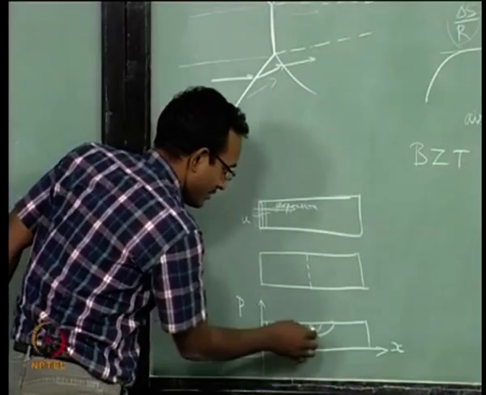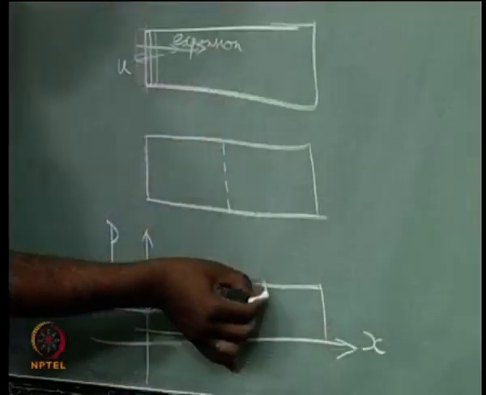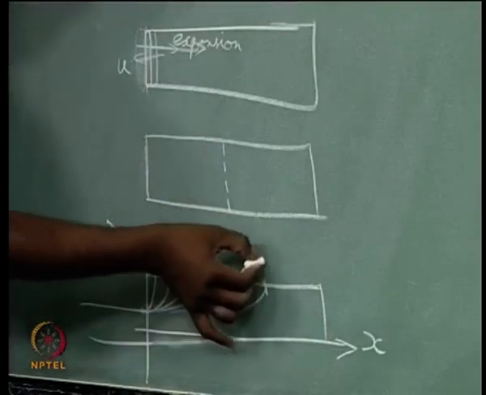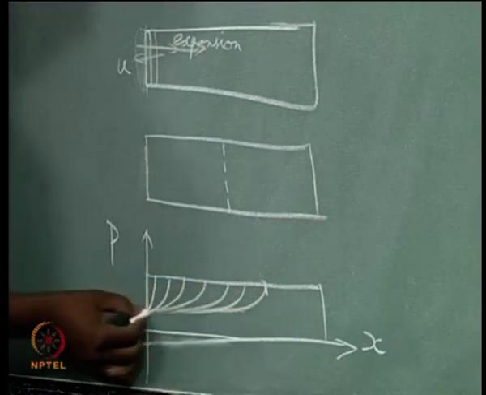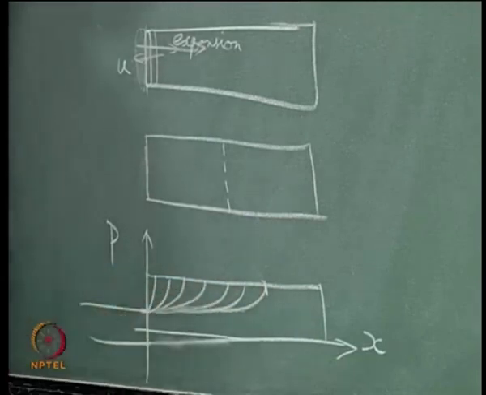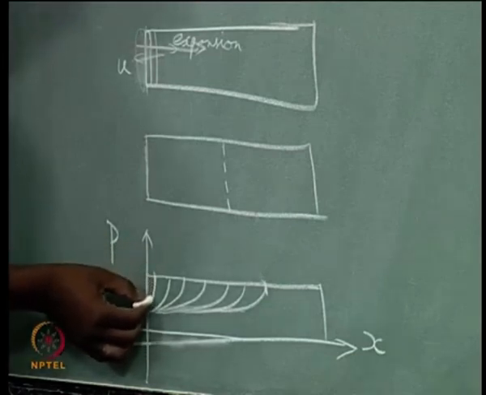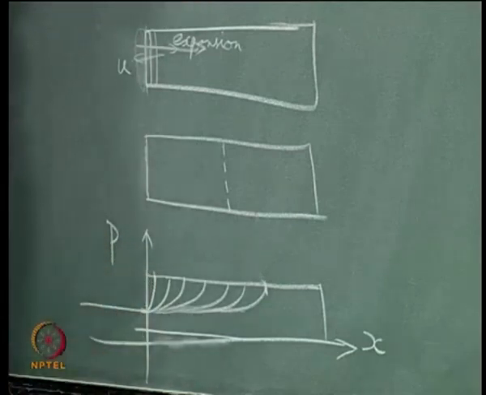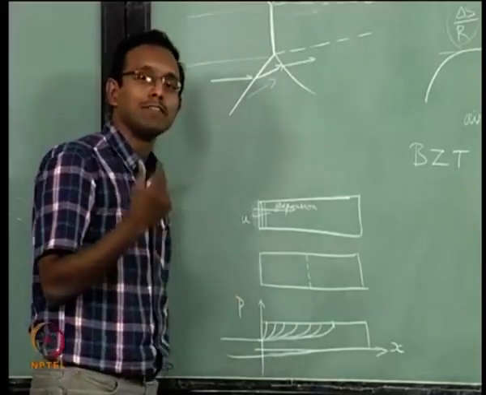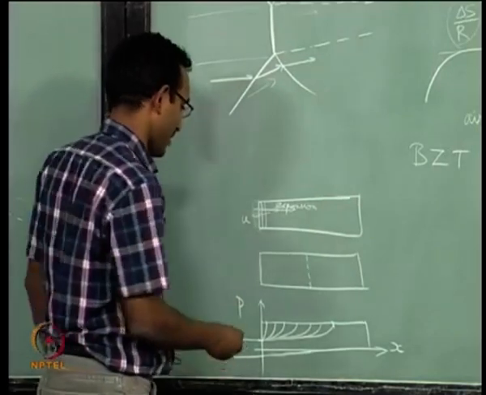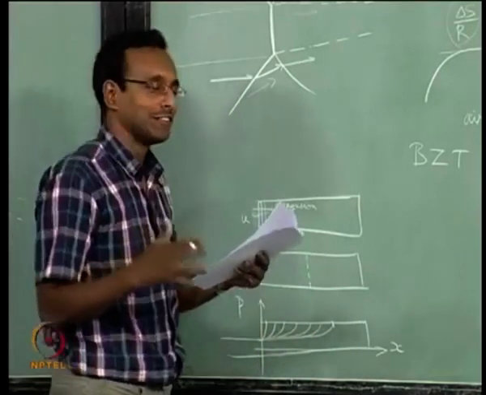With time, the region where the pressure is constant will keep on decreasing. The very first change is very strong, if you notice, the pressure is dropping very fast. After that, it is dropping slower and slower and slower, and at this point it is dropping very, very little. The very first wave was very strong, after that it is all lesser and lesser waves, less strength waves. P2 by P1 across the wave will be slightly lesser. The delta P will be slightly lesser, that is the best way to put it. Okay. That is what you will see.